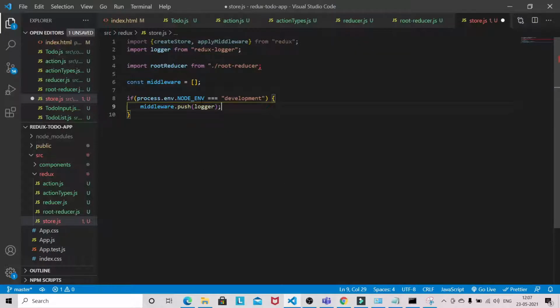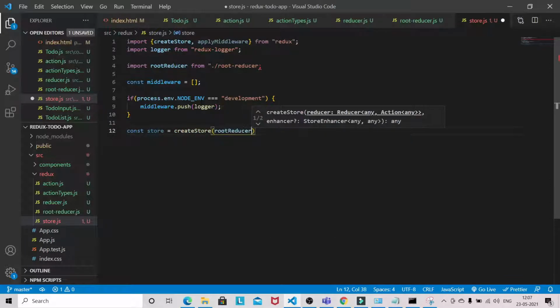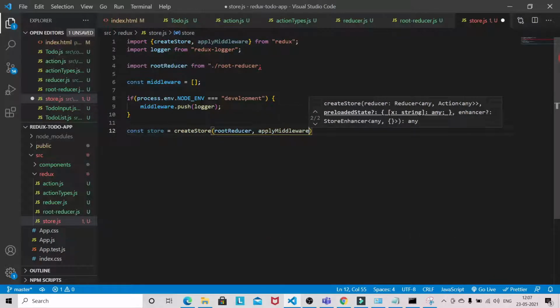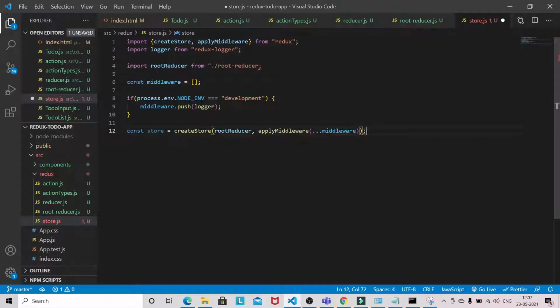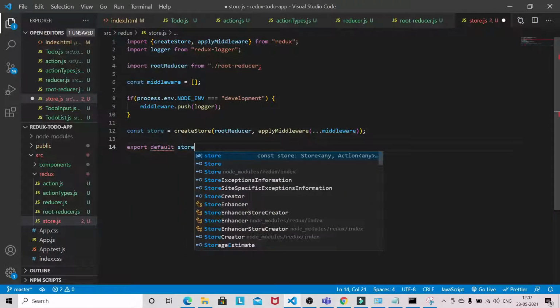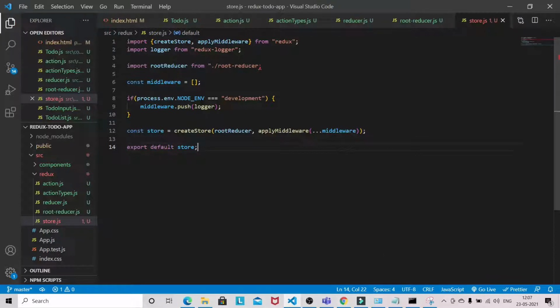So that's why we are using this condition. Create a store with root reducer, applyMiddleware. So this is a very basic setup of Redux which we have completed. We have one warning here. Okay, the quotes are missing.